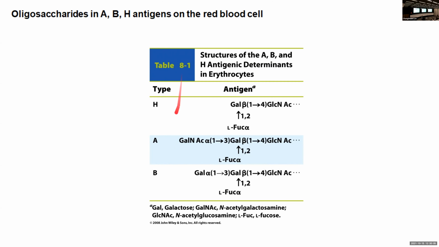erythrocytes. And it basically first has the H antigen as the precursor, which has just the Gal and the connection through the beta 1 to 4 linkages and GlcNAc, and then you're going to have your glycoprotein there that is presented or embedded on your plasma membrane of the erythrocytes. So it can be present like that first, and then there are going to be additional sugar attachments, and based on what kind of sugar that are attached, you can have type A or type B of your blood, or O or AB basically,